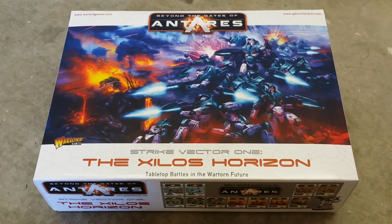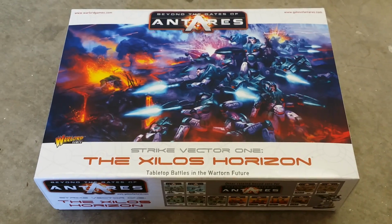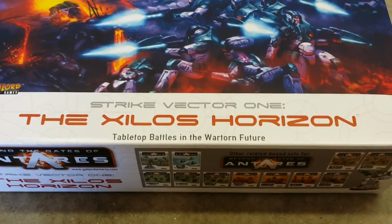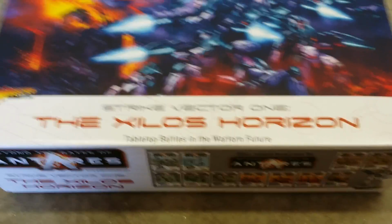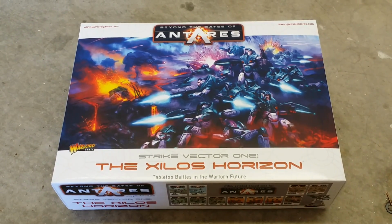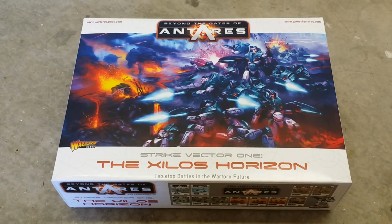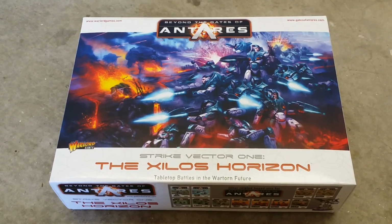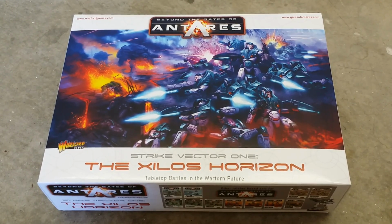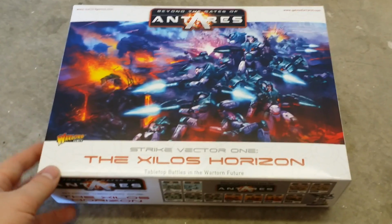This is the Budget Wargamer review of the Beyond the Gates of Antares starter box. They call this Strike Vector 1, the Xilos Horizon. So this is probably the first of a few different proposed starter boxes that are coming out, but this review is going to be a little bit different than some of our other reviews in the sense that this box is massive. Not necessarily in terms of the height and width of it, but